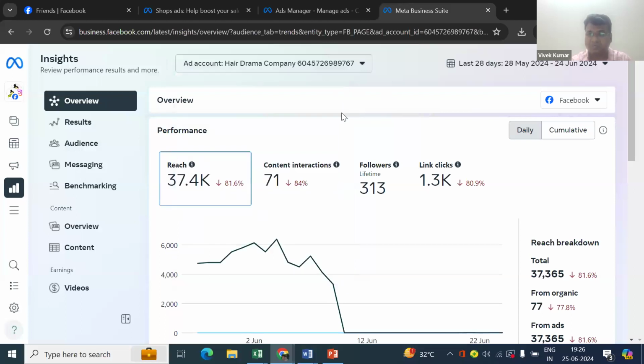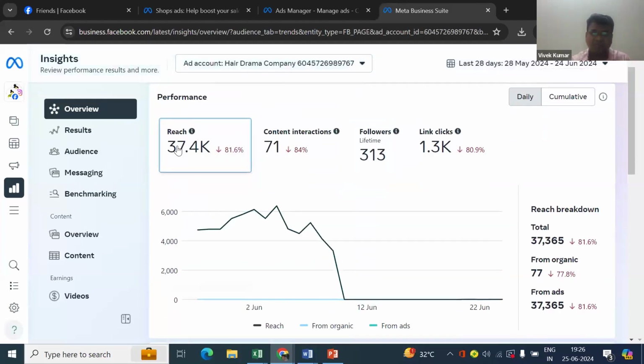Anyway, so I'll just show you this. This basically gives you an entire gist of how your content is performing, like what is the overall reach and how many content interactions have happened. Interactions basically means how many people have liked, commented, or shared your post, right? And if you're gaining followers, you'll be able to see how many lifetime followers you have gained